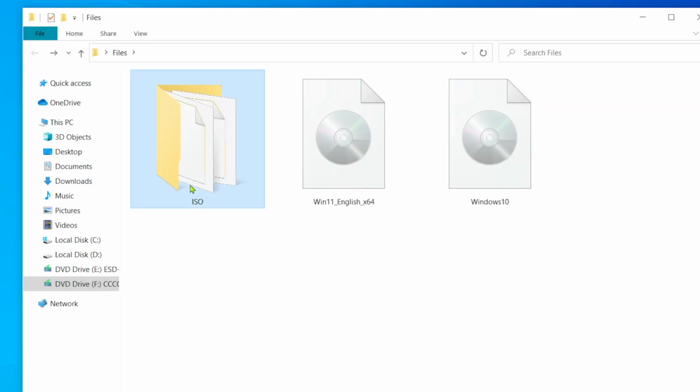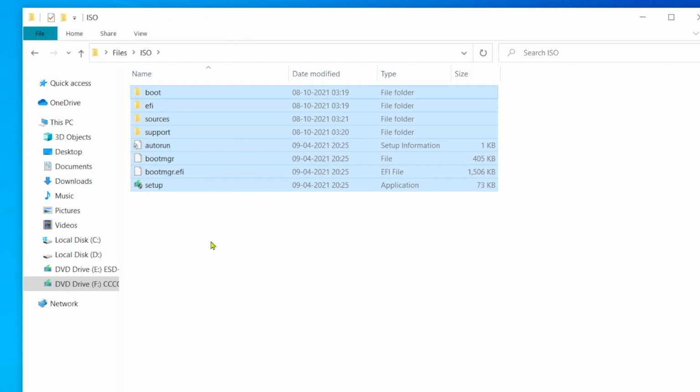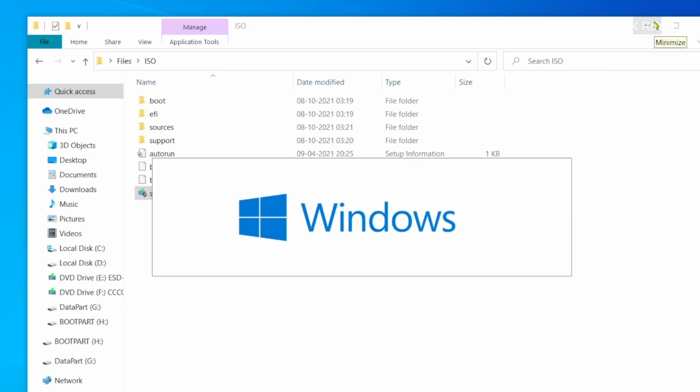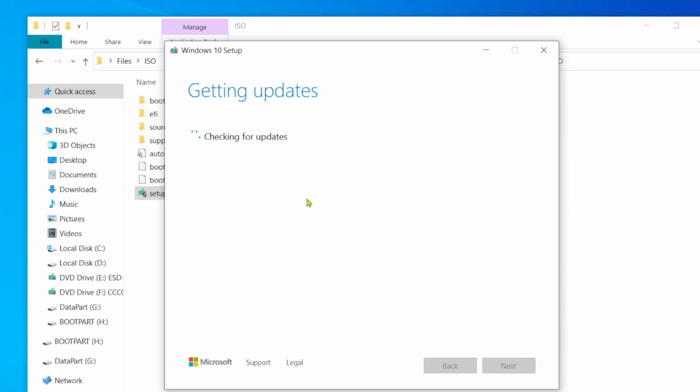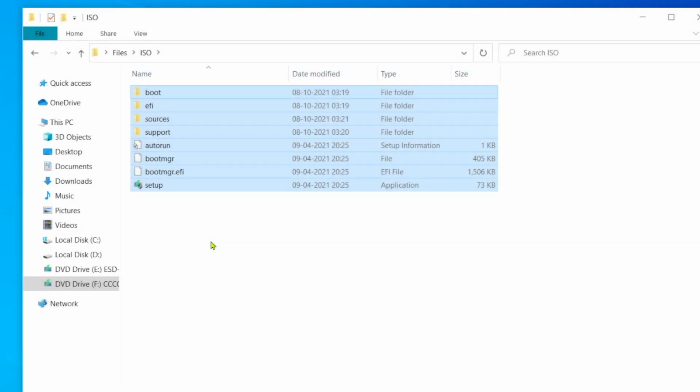That's it. Now we have compatible Windows 11 files for unsupported hardware which can be copied to the pen drive. Also, if you want to upgrade to Windows 11 from Windows 10, you can simply run this setup file here and follow the on-screen instructions to install Windows 11. And don't worry, while it's updating to Windows 11, the setup screen says Windows 10, but internally it's going to do some magic and update your system to Windows 11. Keep in mind, you can also create an ISO with these Windows 11 files to burn to the pen drive using Rufus, but this is not the recommended way.